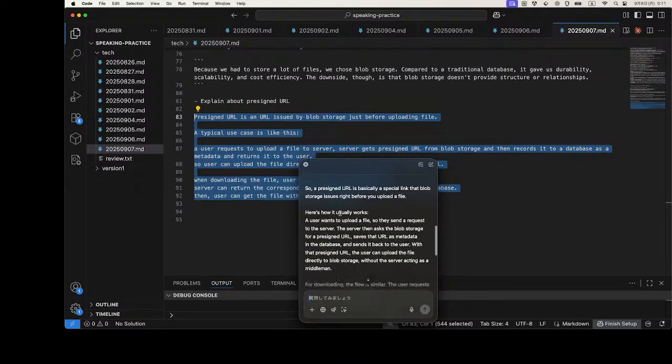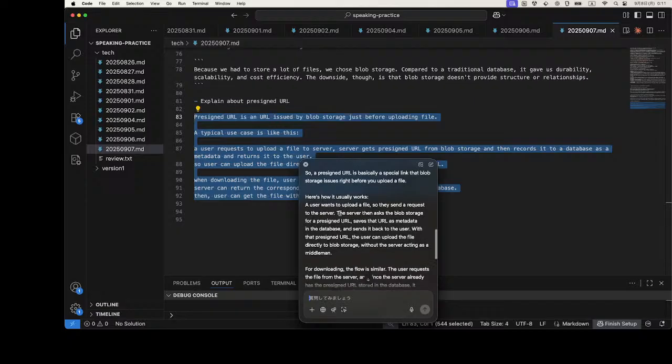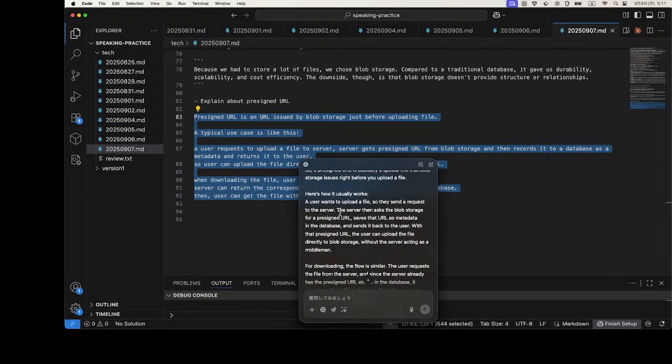A pre-signed URL is basically a special link that the blob storage issues right before you upload a file. Here is how it usually works. A user wants to upload a file, so they send a request to the server. The server then asks the blob storage